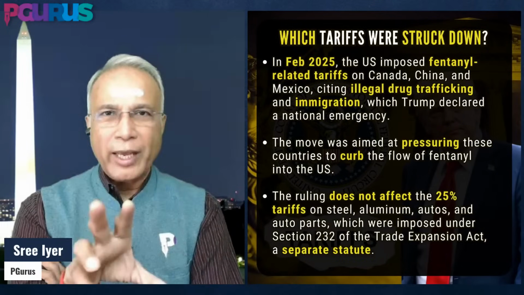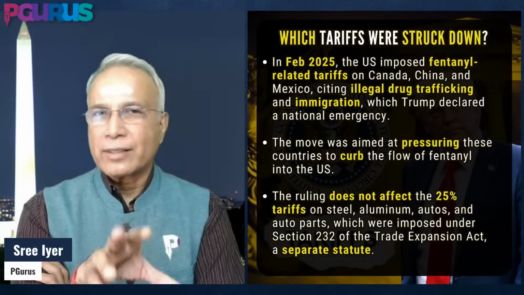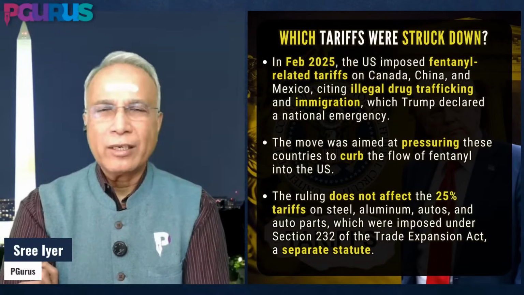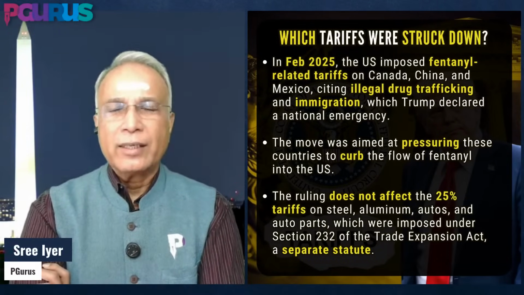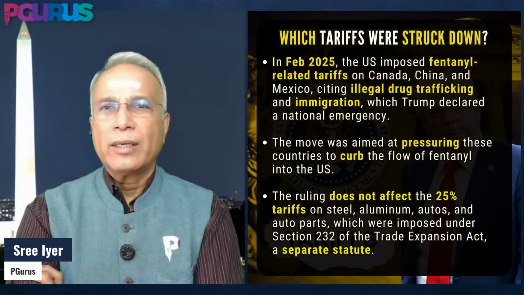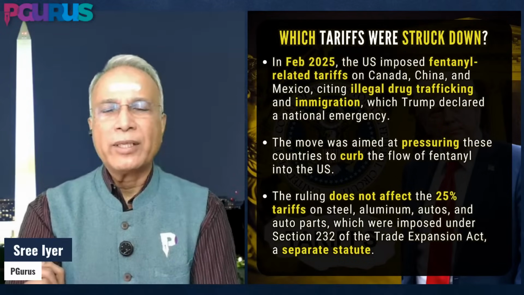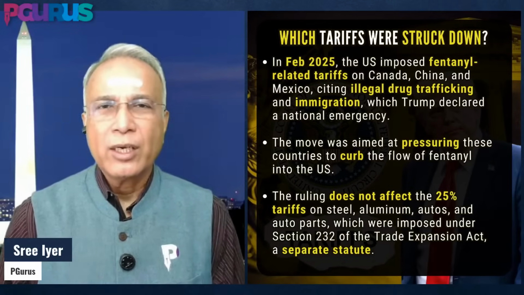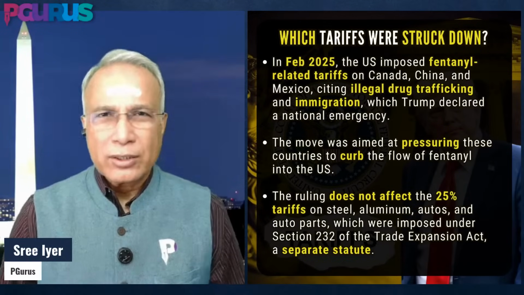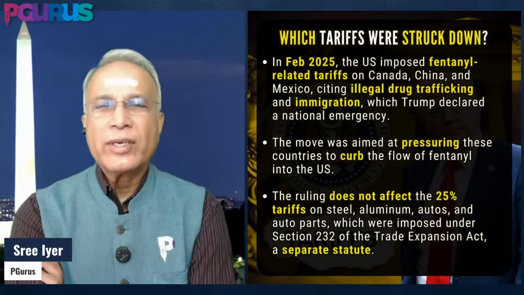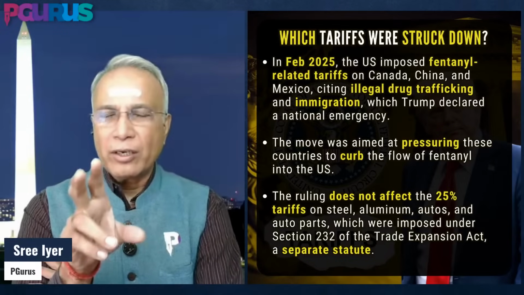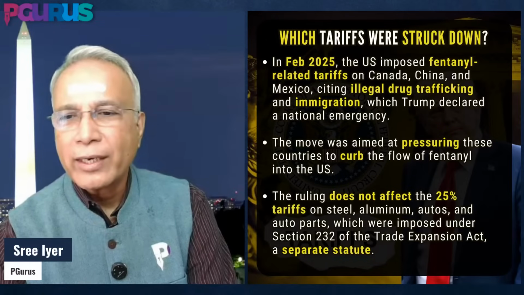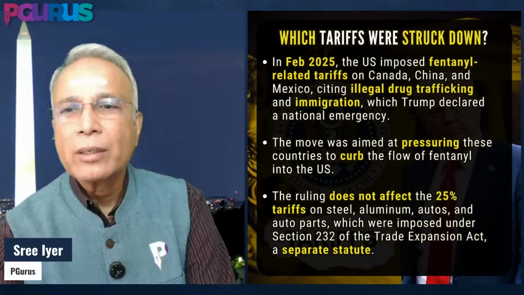And as of today, I don't know what the status is. Suddenly, it's as if the Trump administration has forgotten about this fentanyl crisis. It still is there. There are some other things that are happening. For example, Mexico is not happy that US troops are moving into Mexico to try and curb this thing, to try and arrest the cartels. Something is going on there. But as far as the tariff based on fentanyl movement, that part is still not updated. I don't have the latest data. Let's take a quick look.